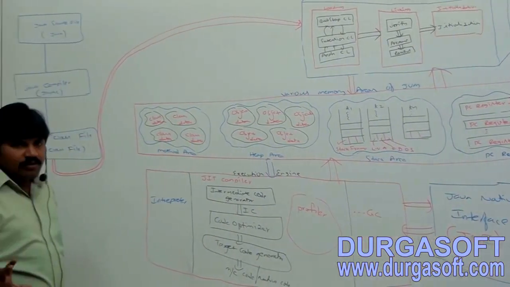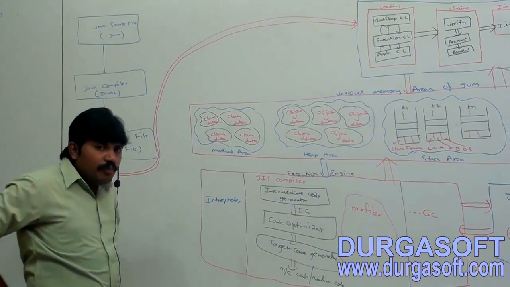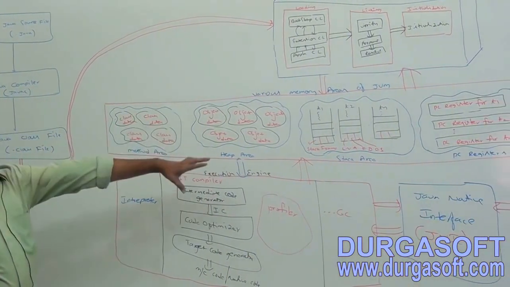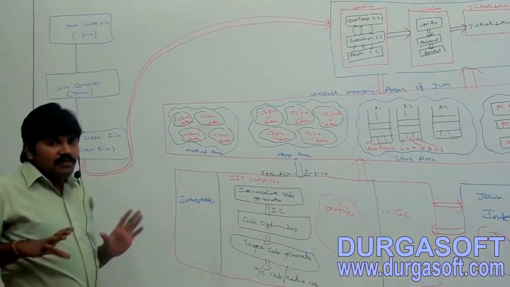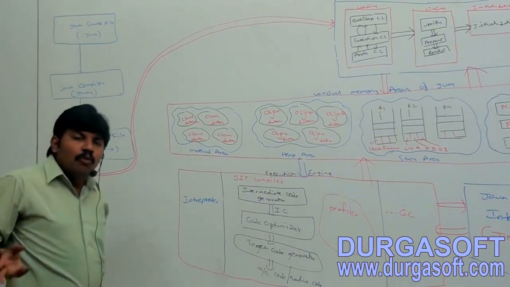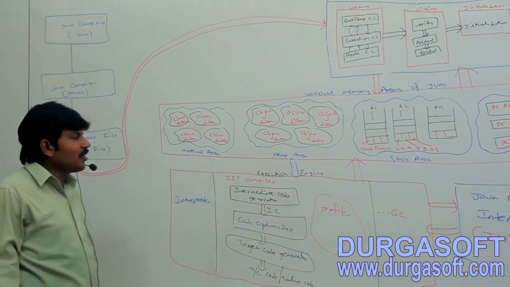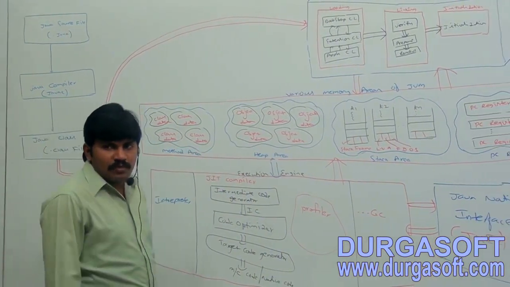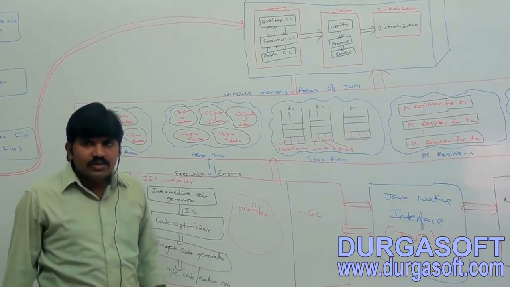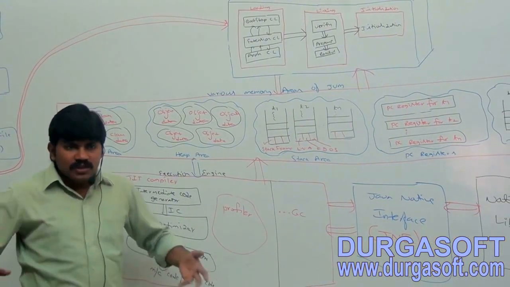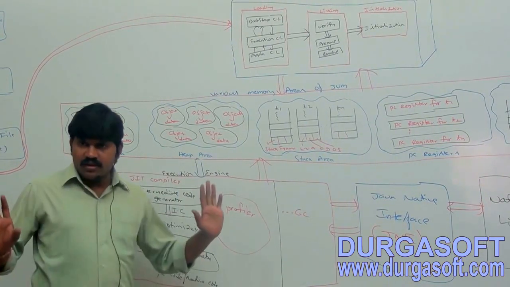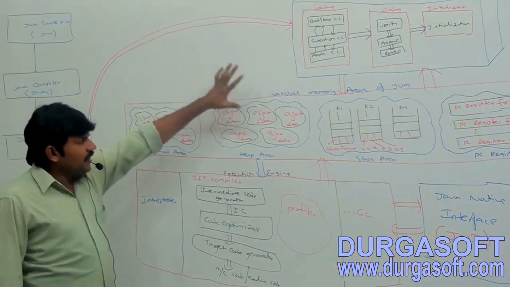From the programmer's point of view, which memory areas are very important? Nothing but the method area, heap area, and stack area. The remaining two are dummy with respect to the programmer. More important with respect to the programmer is the heap area only, because being an object oriented programming language, most of the time in Java we are always talking about what? Objects. That's why this area is the very important memory area. Clear?